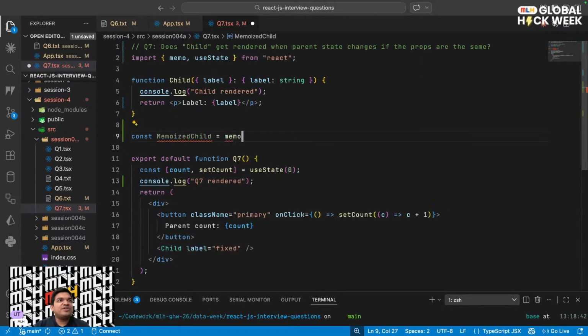If you have not used it before, memo is a higher order component. What is a higher order component? A higher order component means something that wraps another component. So you can say React.memo or just the word memo. These tell React that if a child function or component is wrapped in a memo, then before you actually make any updates in the DOM,